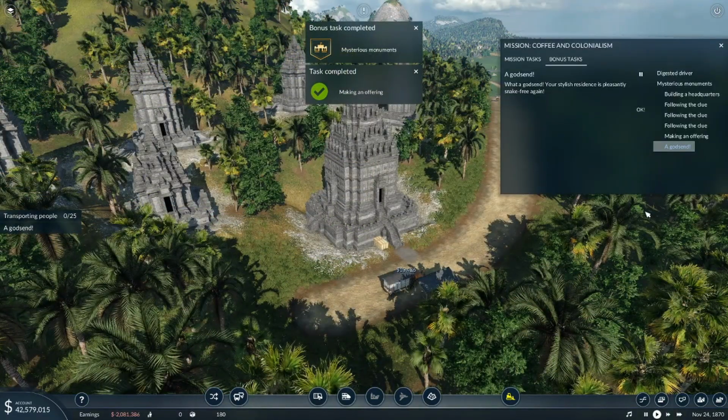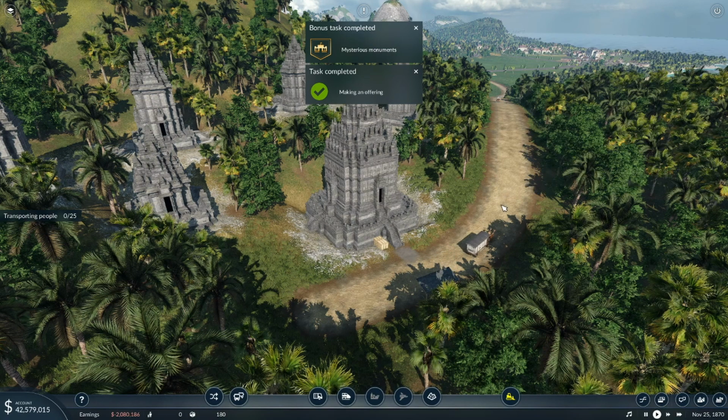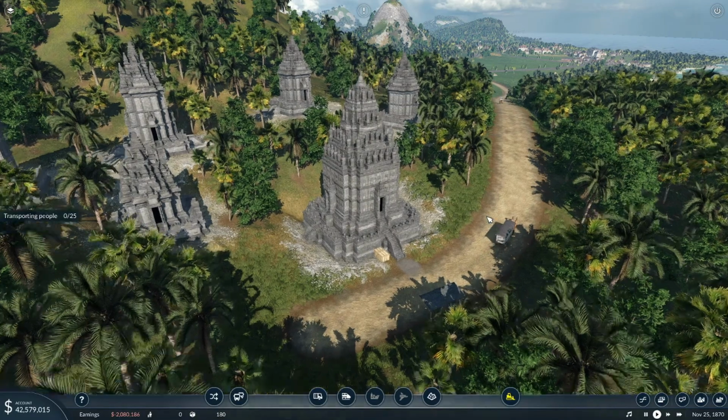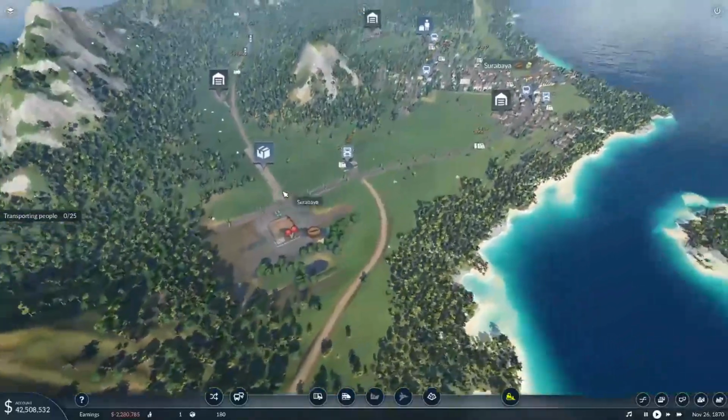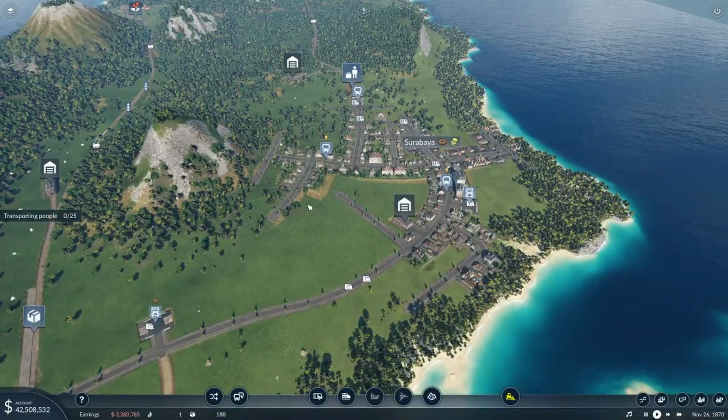What a godsend. Okay, guys, it looks like residence is pleasantly snake-free again. Nice. Okay, cool. So we have completed that task, making an offer. It looks like now all we are waiting to do is the transportation of people back and forth between the two cities. So just so you guys know, I have went ahead and I did a little bit of modification